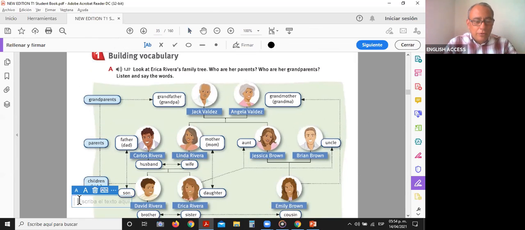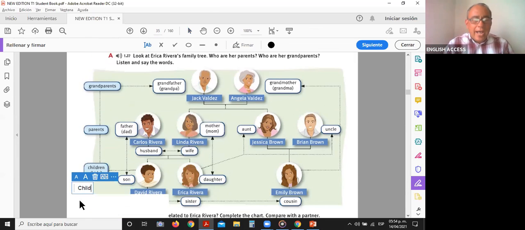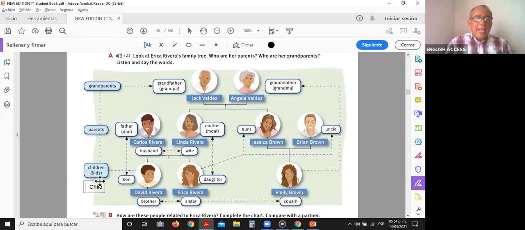Let me write it down for you. Child. Child means only one son or only one daughter. It's not here in the book, but it's a word that we can use. So we have children, kids,